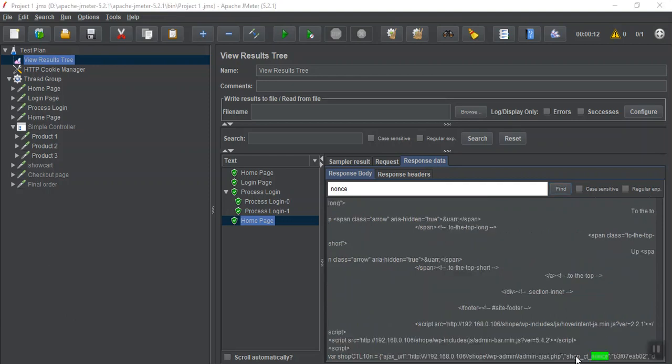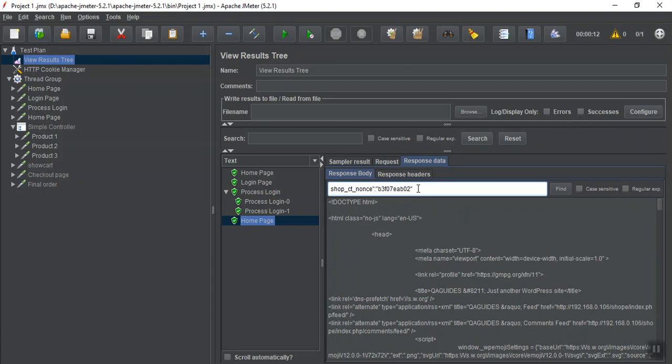So just copy this shop city nonce. Control C, and let's paste it as it is. Remember the regular expressions. Now I have to create a regular expression here.